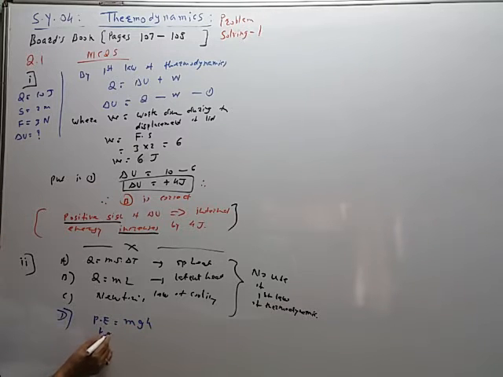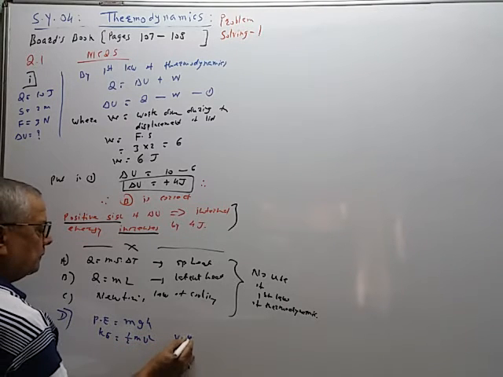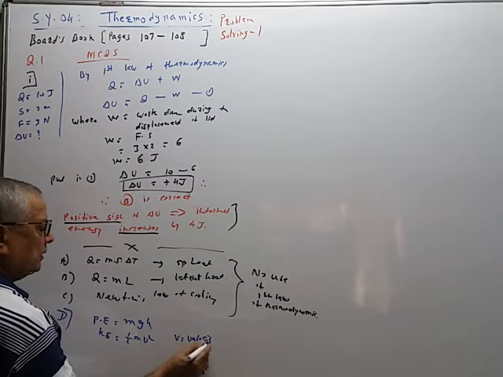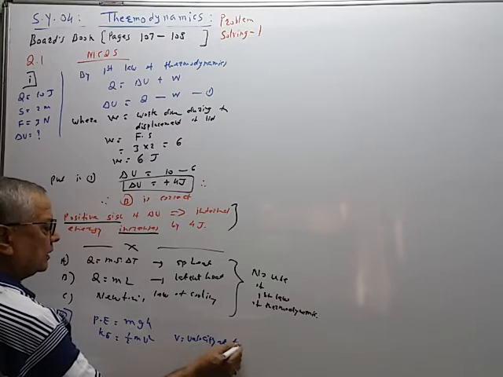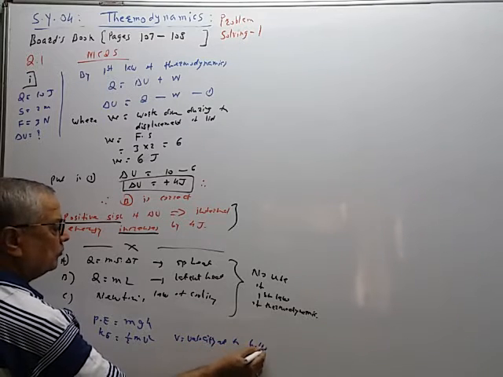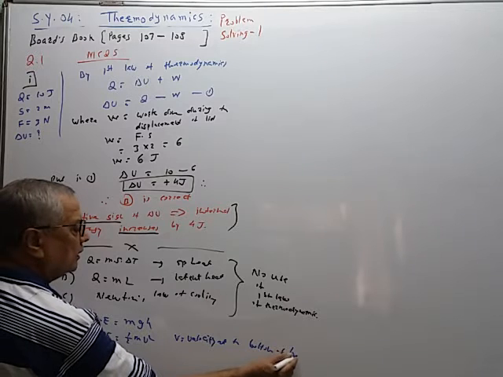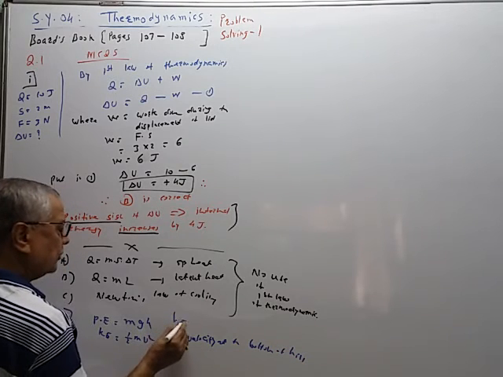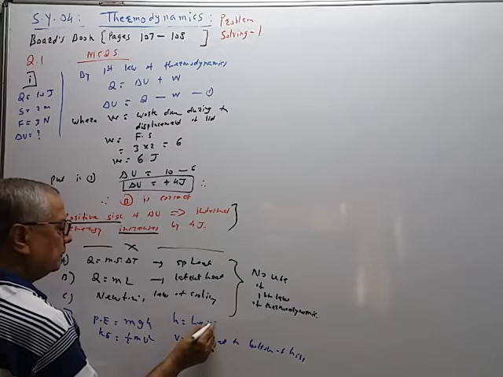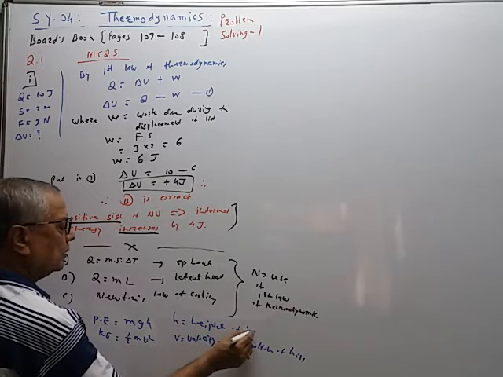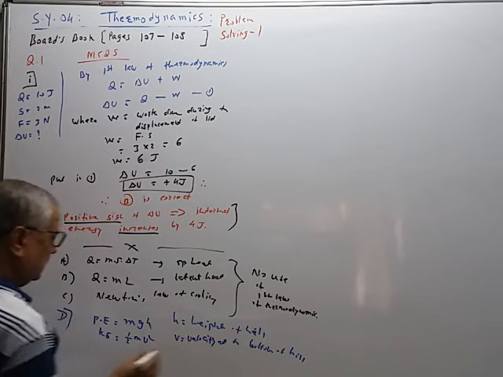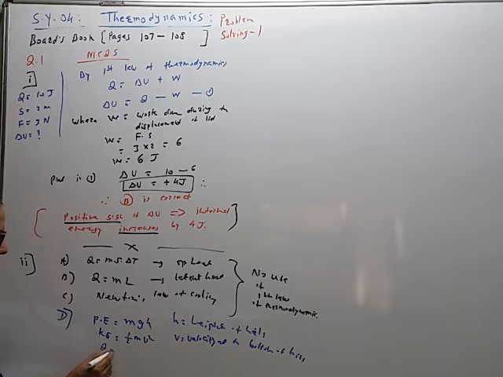Kinetic energy is equal to 1/2 mv square. V is equal to velocity at the bottom of the hill. H is equal to height of the hill. And Q is equal to